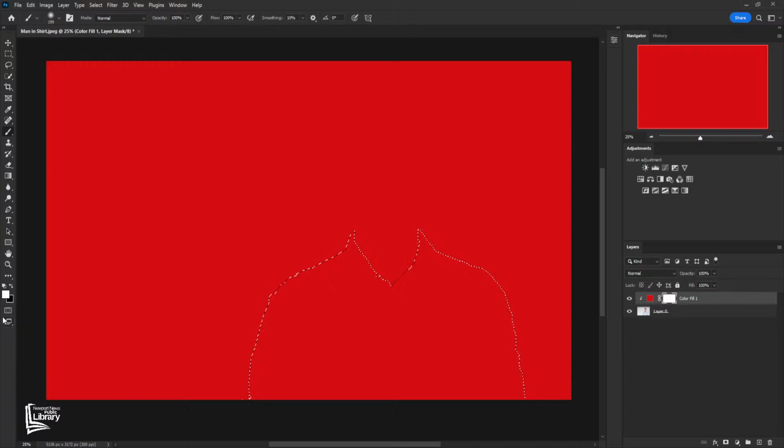And then I want to make sure, in order to take away from the mask, you need to use black. So black takes away from the mask and white adds to it. So I'm going to switch my color pickers here. If I click on this little arrow here, it's going to switch these and make black my foreground color. So with this, I'm going to make my brush a little bit bigger so I just cover more